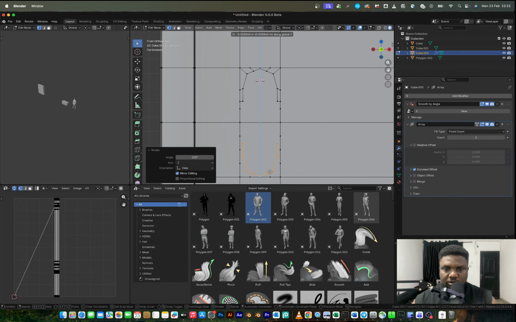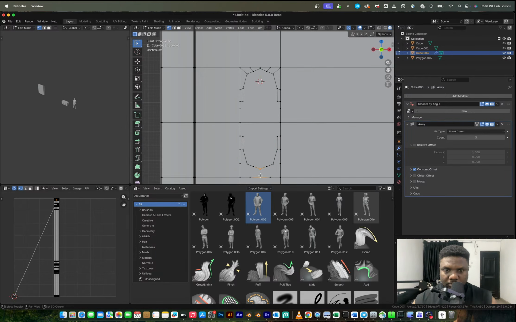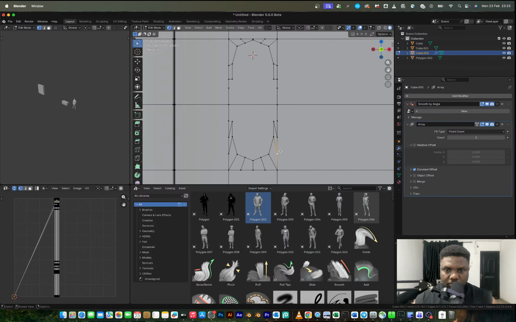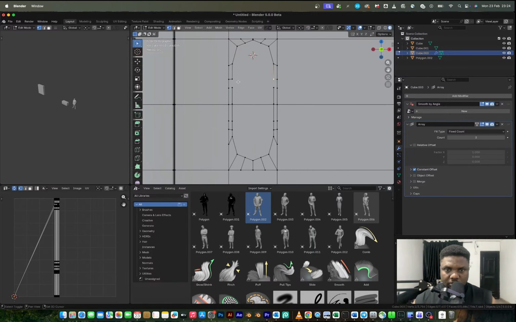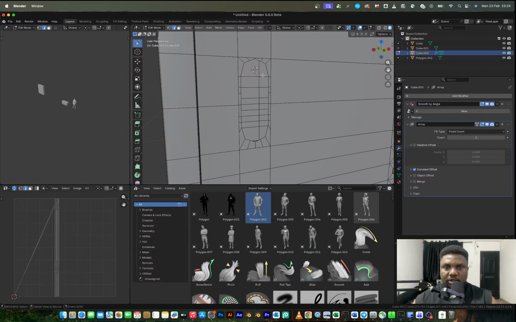R180 GZ. Fill. Easy, easy, easy, fill, fill, 1, 2, 3, 4, 1, 2, 3, 4. All right, clean,